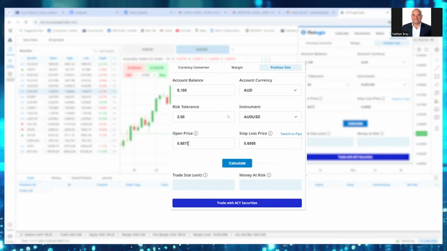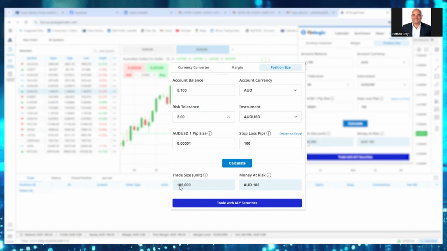We'll leave that as the open price. And again, we're going to be risking, in this case, 100 pips. So I can simply press calculate, and there it is. So it's telling me to do a larger trade size. Why? Because the Aussie is cheaper, it's in Aussie against US dollar